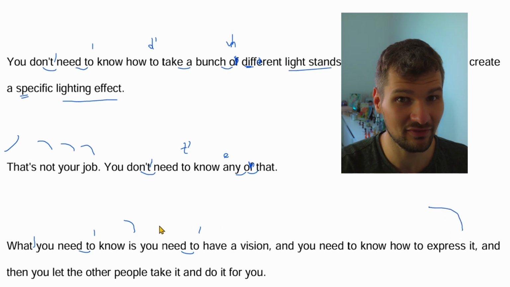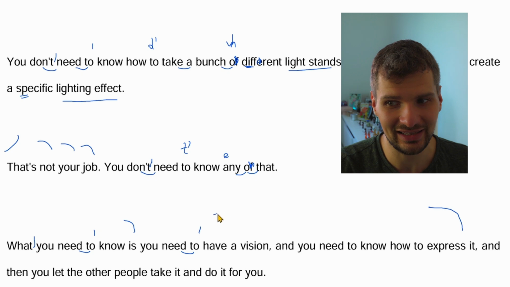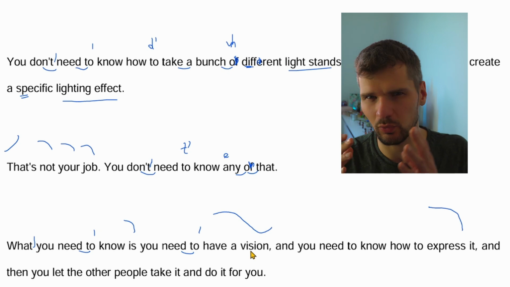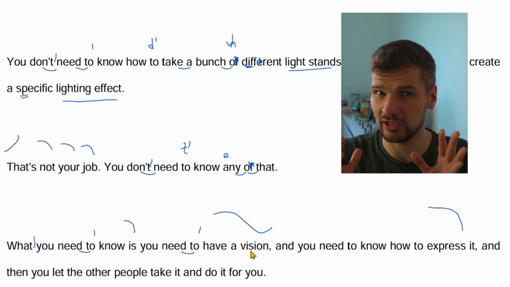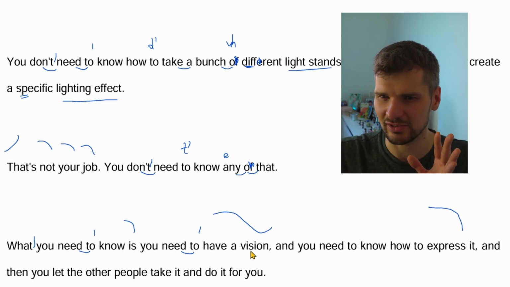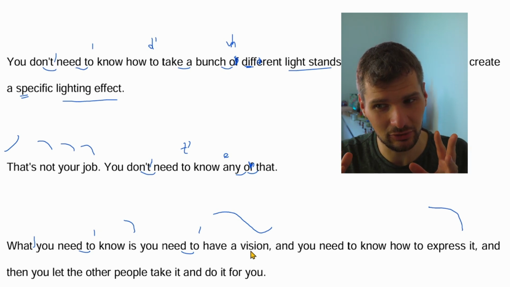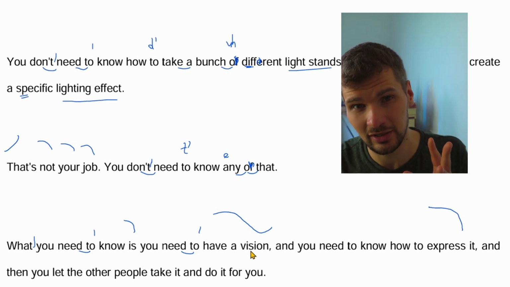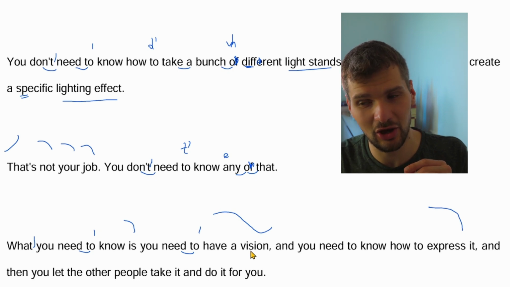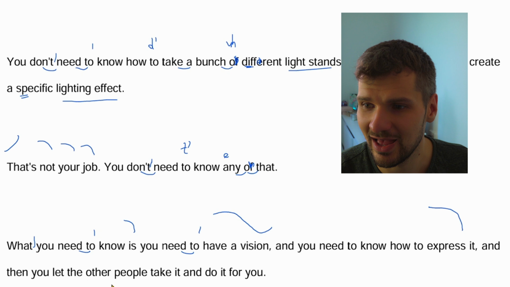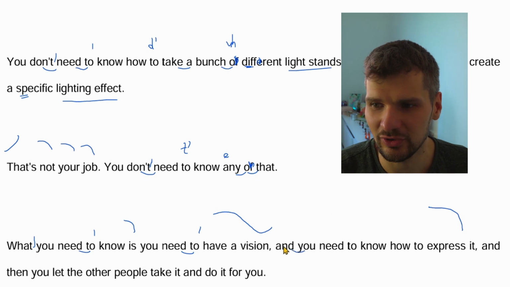You need to have a vision, and at the end the intonation goes a little bit up so that we tell the viewer that we're gonna follow up. That's not everything that you need to know. We're gonna follow up with something else. What you need to know is you need to have a vision, and you need to know how to express it. Okay? And you need to know,